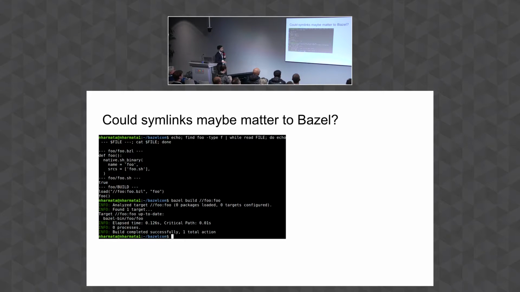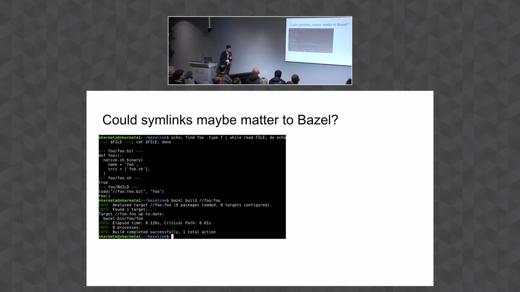So in this example, a pretty simple Bazel example, I have a bash one-liner to print out all the files in my workspace. Sorry, I got a BUILD file. It loads a Starlark file, a .bzl file, and calls a macro foo. Foo, when called, instantiates an sh_binary target that has our source file. That source file just runs the bin/true command. So if I do bazel build foo:foo, everything works as expected. And the question is,